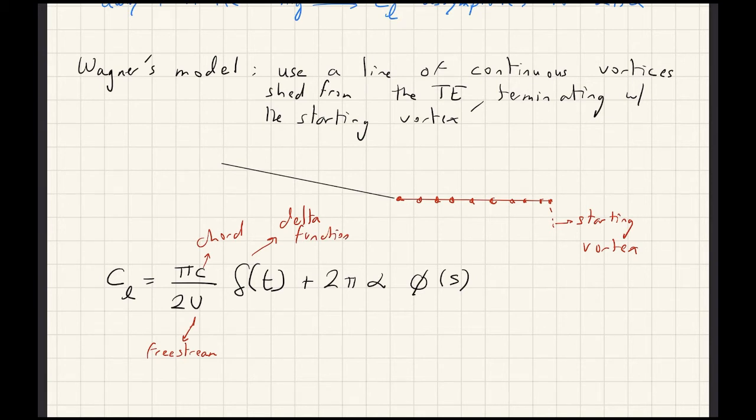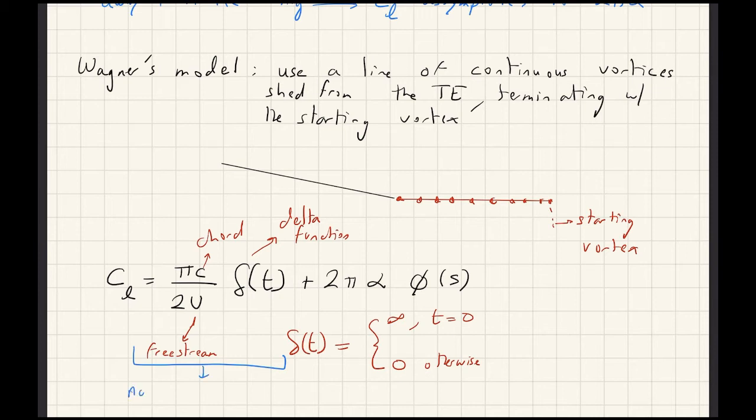And a delta function is simply equal to infinity, or a really high value, at t equal to 0 and equal to 0 otherwise. So this delta function at t equal to 0 jumps to a really high value, practically infinity, and is 0 otherwise. And this term right here